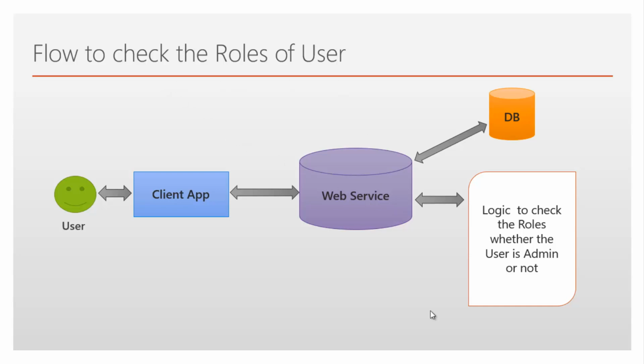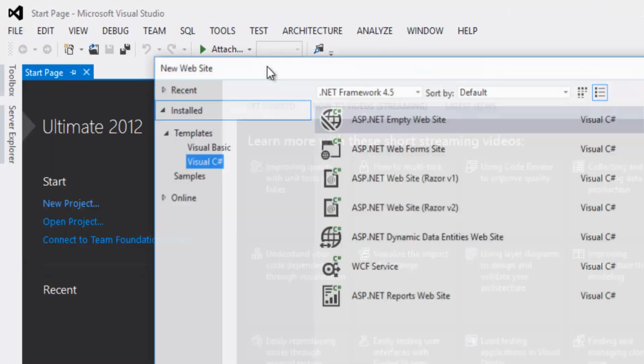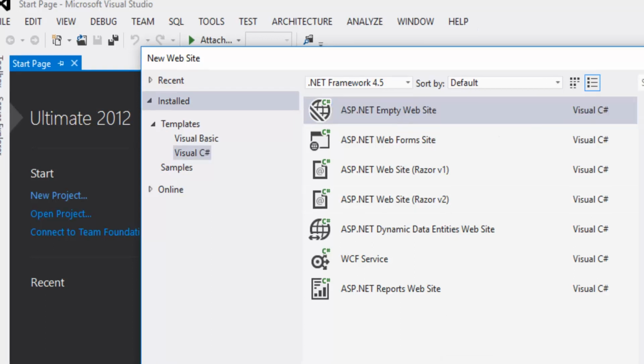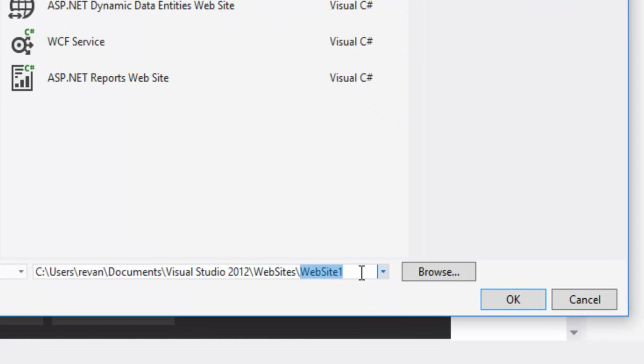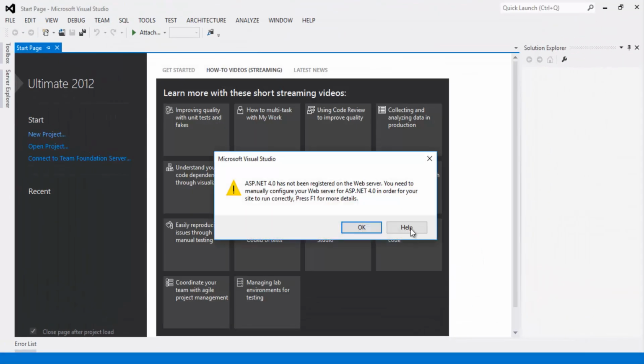Let's flip to Visual Studio. Let's click on File, New, Website. Let's select the template as Visual C# and .NET Framework as 4.5 and select ASP.NET Empty Website. Rename the project as User Roles in Web Service. Click on OK button. Once the project is created,